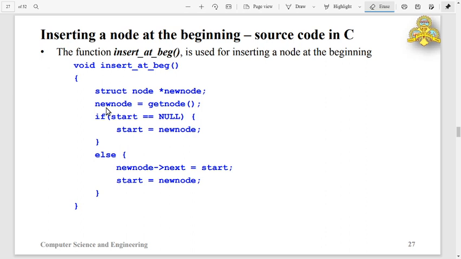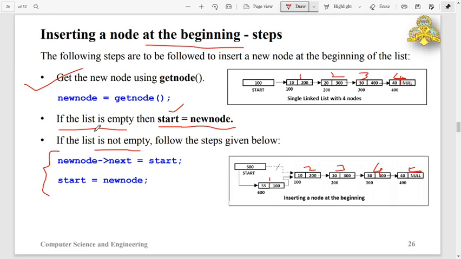In the if statement, the condition is that if start is equal to null. If this is true, that indicates the linked list is empty. Then assign the new node address to start. So this is the first step in the algorithm. Observe here, if the list is empty, then assign the new node address to start.